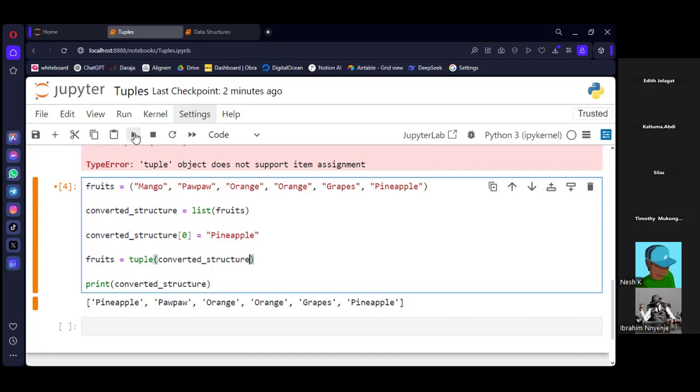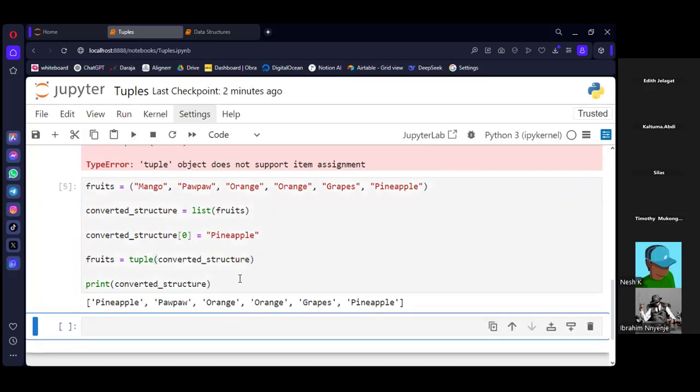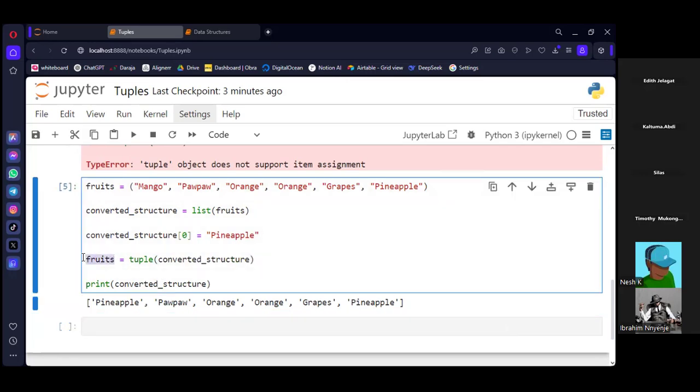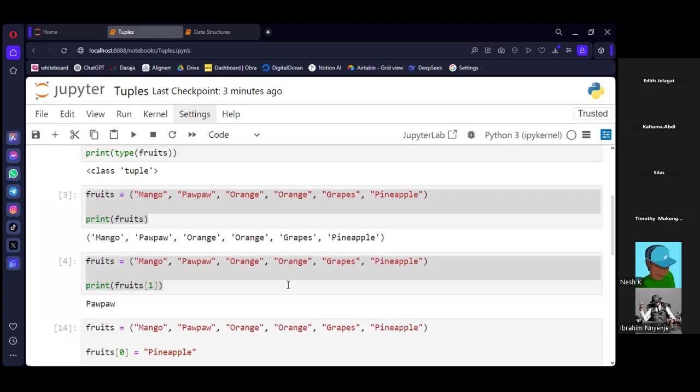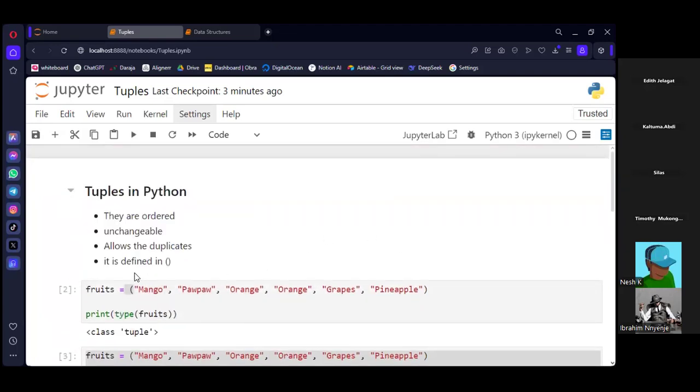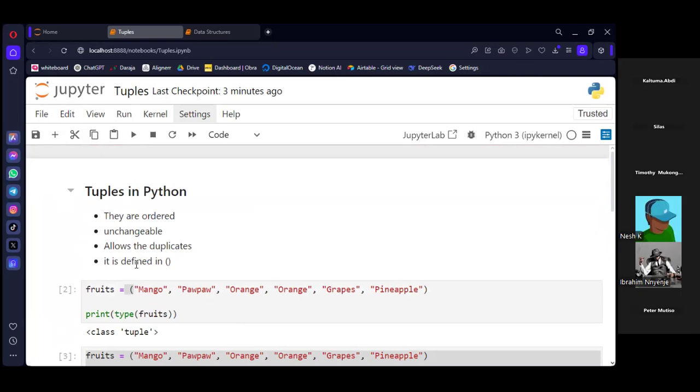So the output is going to be, sorry, I need to use fruits now. These are the techniques you could use. But remember, the attributes of a tuple are still the same. They are unchangeable unless you use type conversion and modify. It allows duplicates, and we saw that it is ordered.